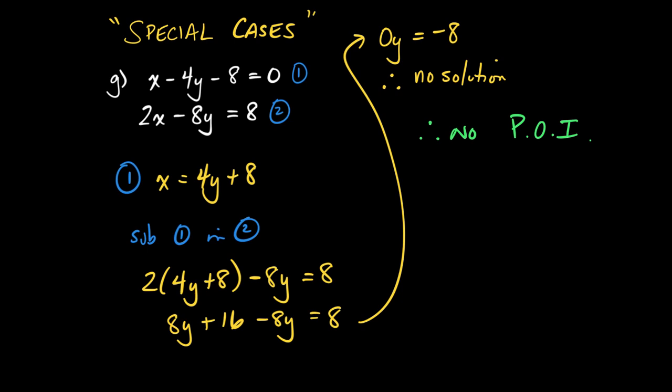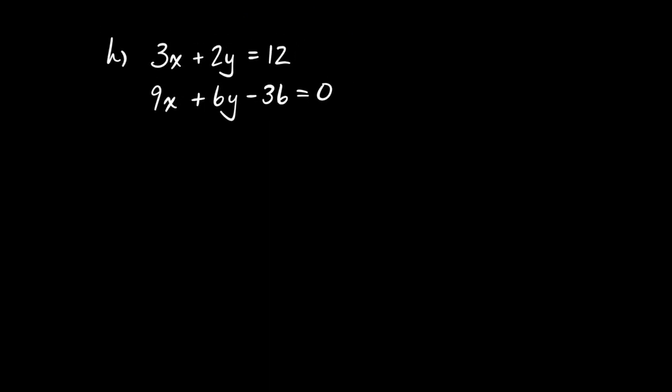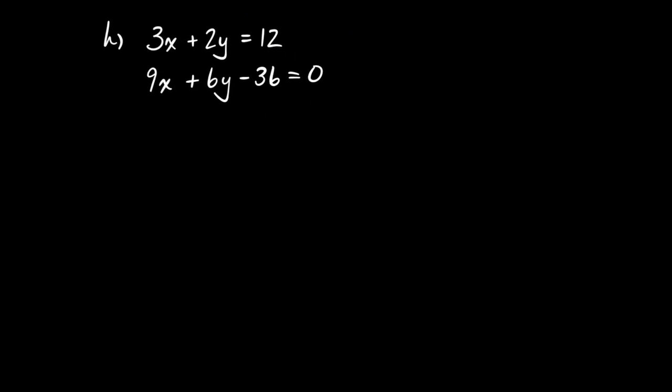Okay, let's try one last special case. You'll see on the screen the system I gave you in H. And I want to address the exact same thing. We are good with solving a system, but what situations may arise? Well, you take a look at both equations and you're like, ugh, none of them have a coefficient of 1. Well, if I took equation 1, though, and I got the y all by itself,